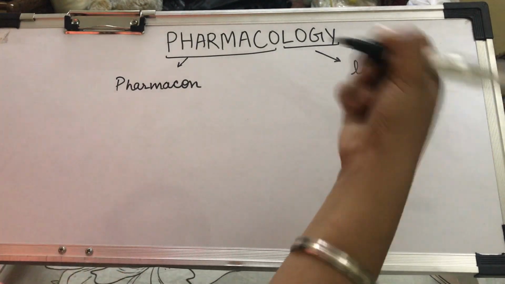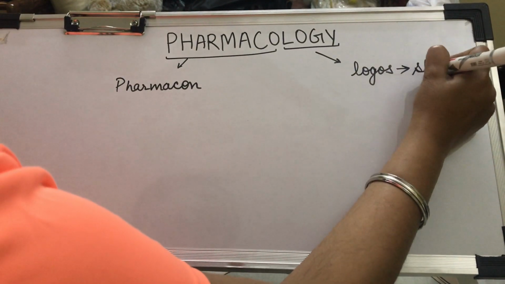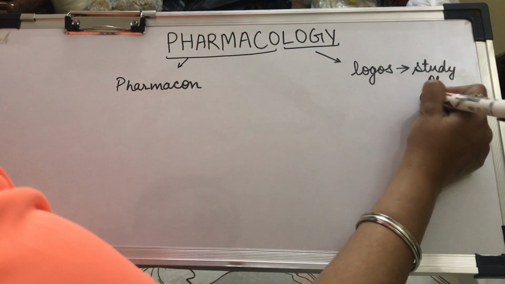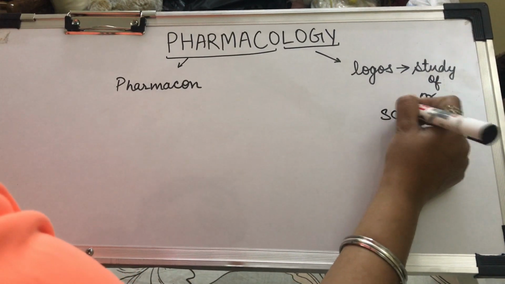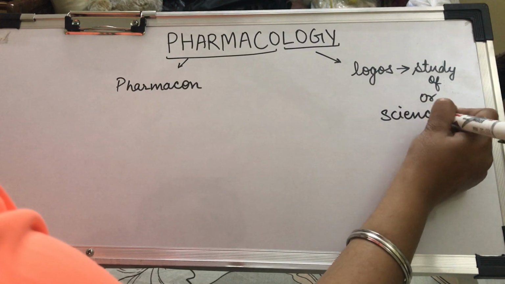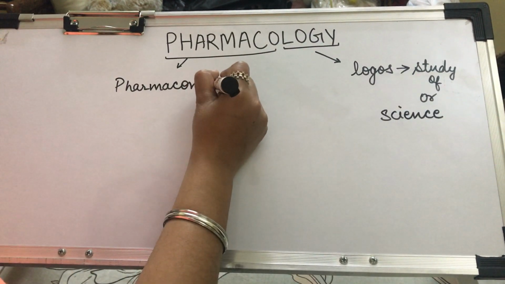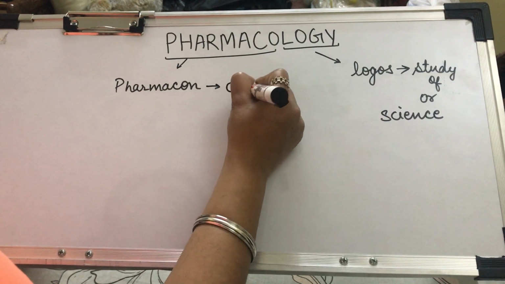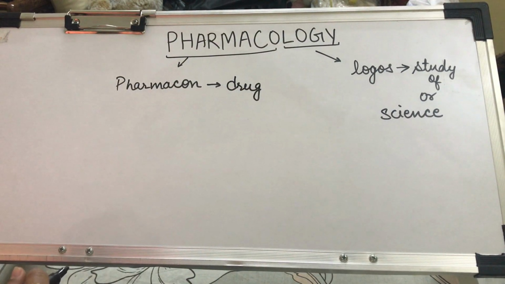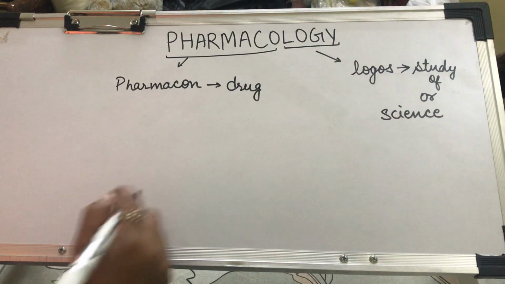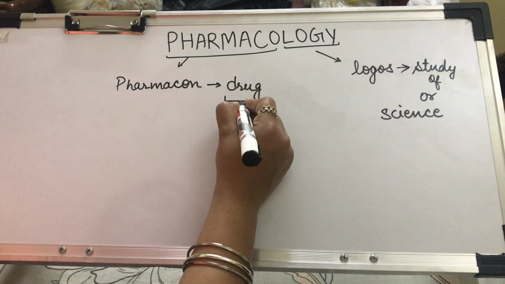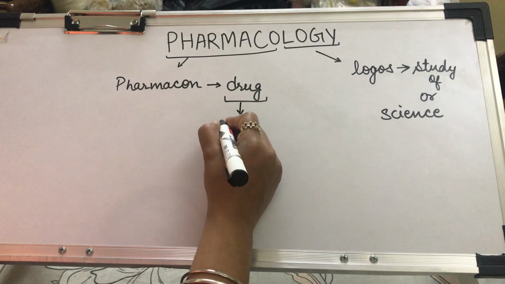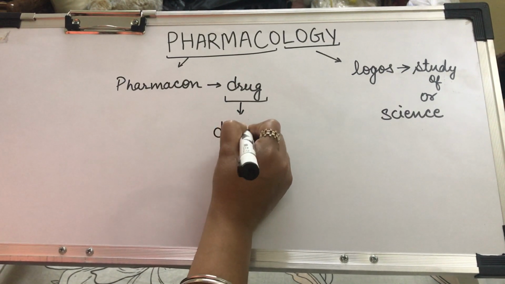Logos, as usual, means study of or science related to something, and pharmakon has come from a Greek word which means drug, and further drug has been derived from a French word which is drogue,